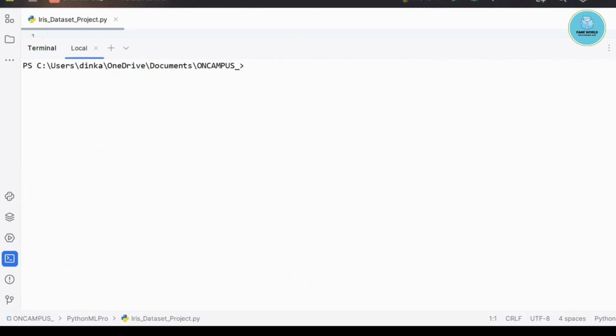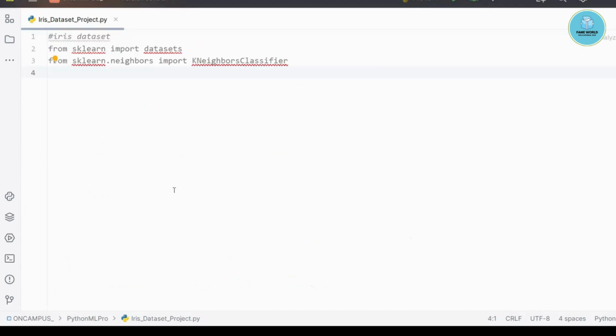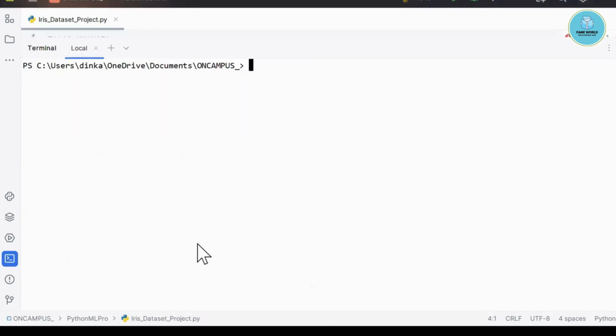And now I am going to start. So we are working with the Iris dataset project, and with the help of sklearn we will be able to get the dataset. Here we are going to use the k-neighbors classifier. And here you can see it is giving some error. I am telling you there are some issues with sklearn. When this kind of issue comes, as it is giving an issue here right now,